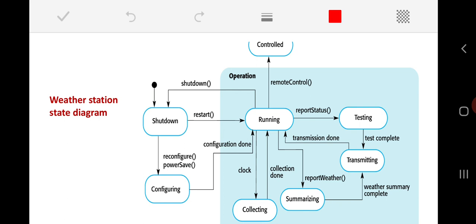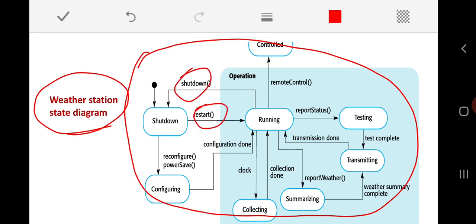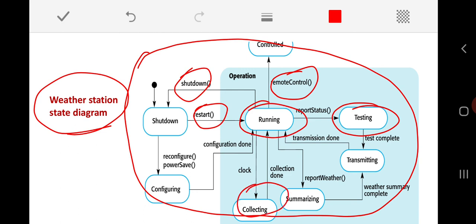So, this particular overall state machine model indicates how exactly my weather station is going to behave with different states, and how it is going to change state from one state to another with what events. These are all the different events here, and all the oval shapes represent the states.